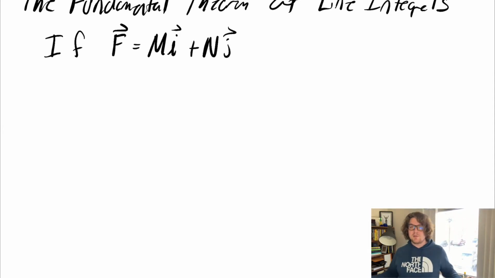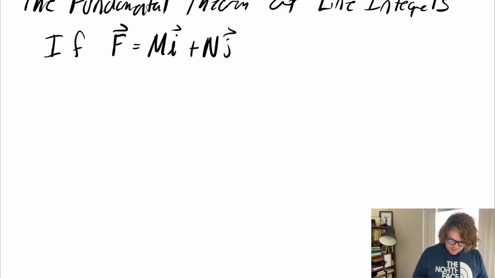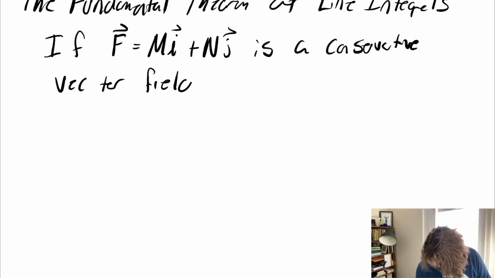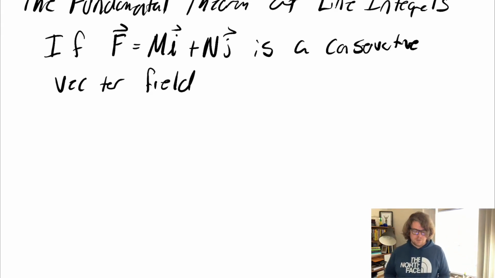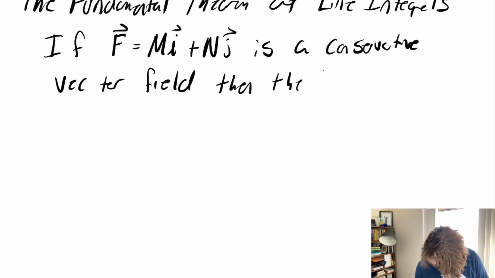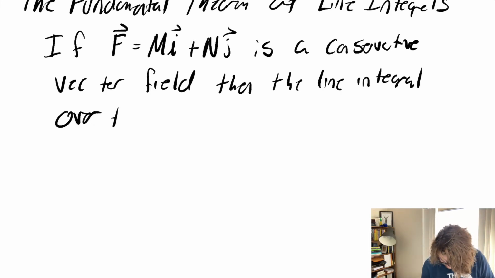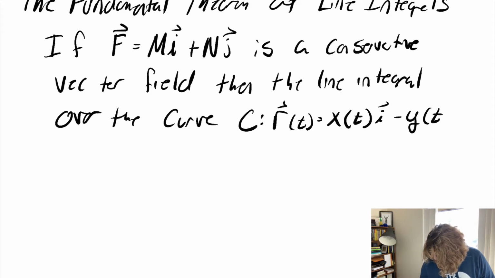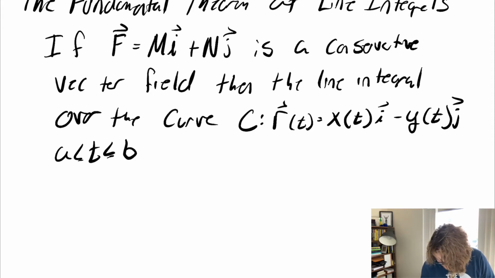This can be extended in 3 dimensions also. It's pretty easy to see how it extends into 3 dimensions. But if we have a conservative vector field, then the line integral over the curve C, which is going to be given by a vector valued function, r of t equals x of t i plus y of t j, for values of t, let's say between a and b, is given by